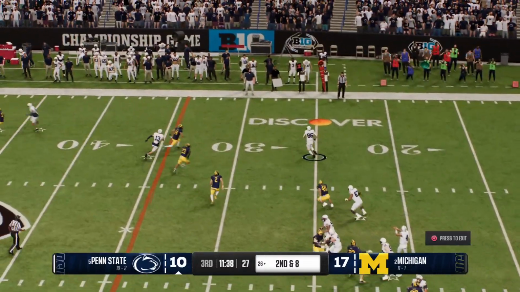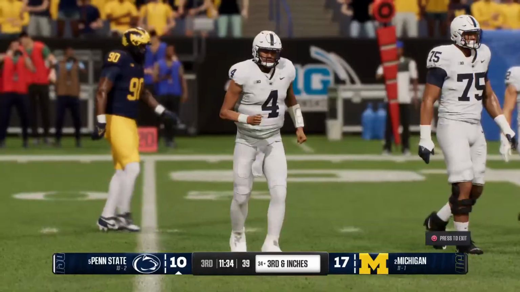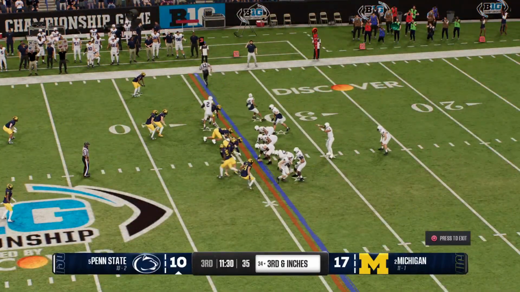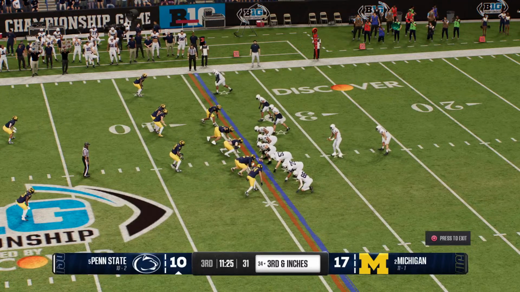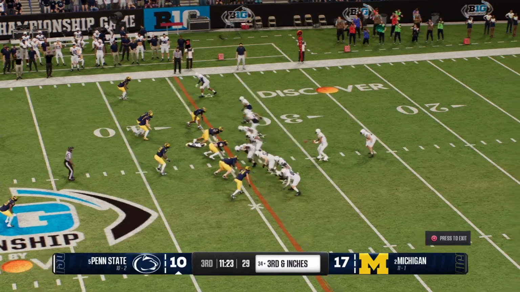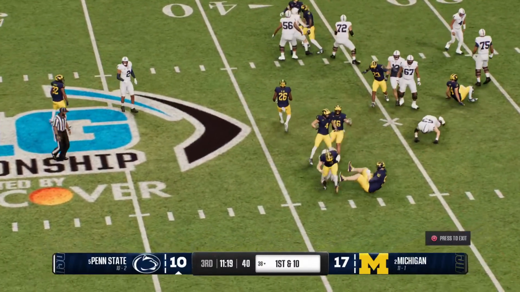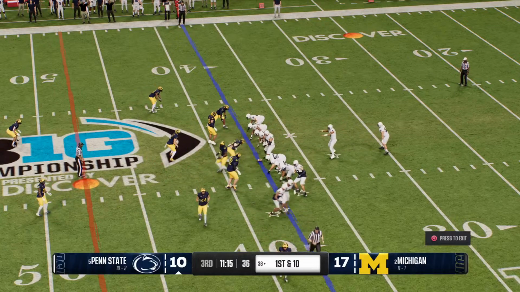Second down, we're going to throw it. Goes to his right side there for the completion. They make the tackle, but that pass creates a solid gain. Here comes the up-tempo offense. It's a run. Running back's got it. He's stopped, but he gets a first down. The Nittany Lions come to the line to set a fresh set of downs.